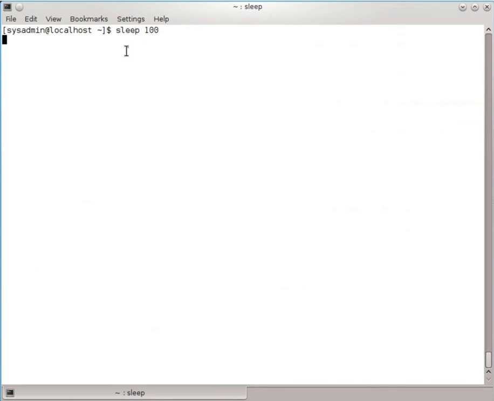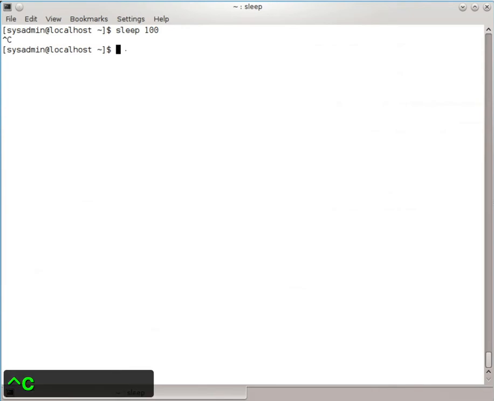So how can you get out of this? Well, Control-C will actually escape that. So if you ever get stuck, that's a great thing to look at. Control-C will help you break out of that. Now, if you run that again,